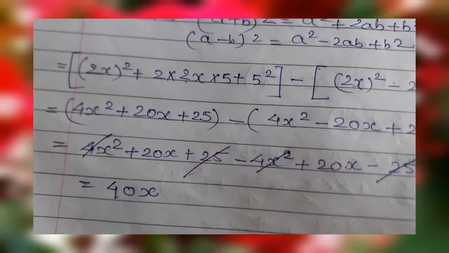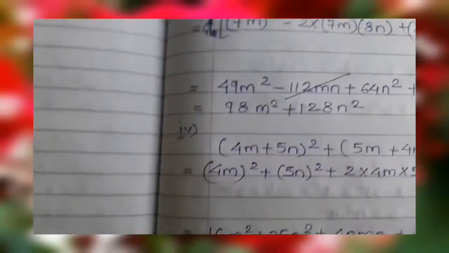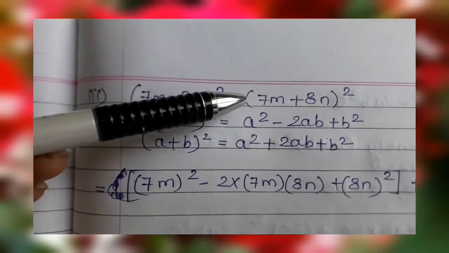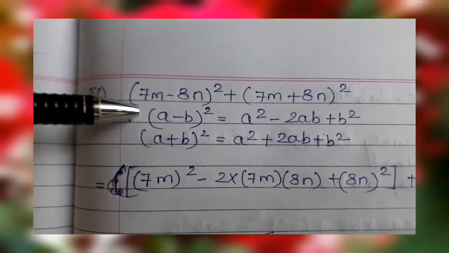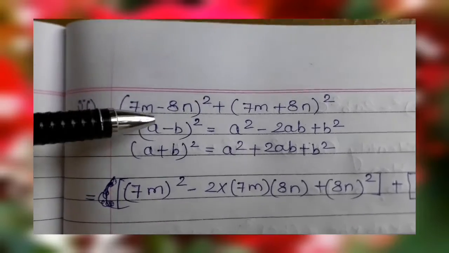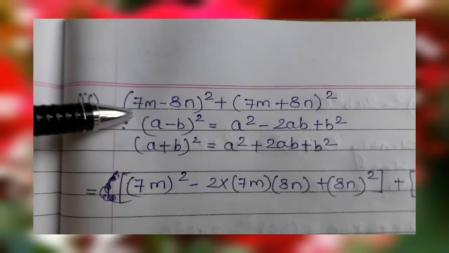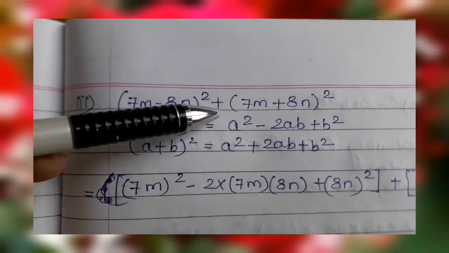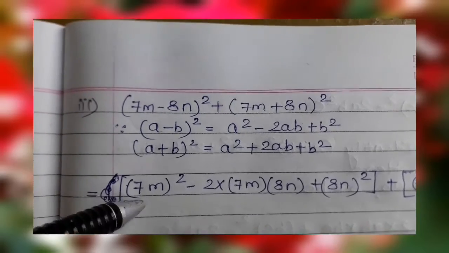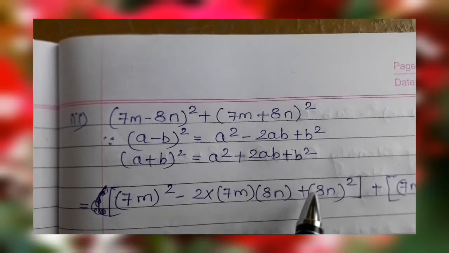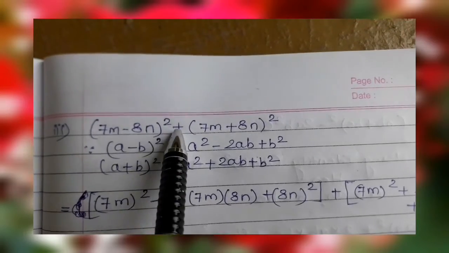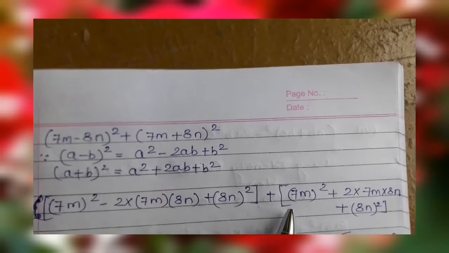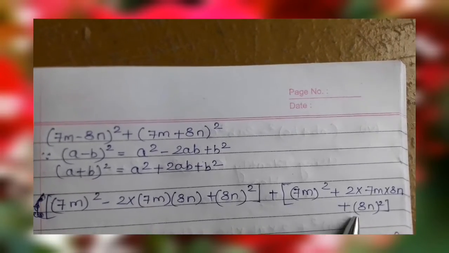Now we'll see part 3 of question number 4. Similarly we have to do, students, (a − b)² + (a + b)². Here we'll use two identities. In the first one there is a minus sign, so we'll use this identity, and here it is a plus sign, so we'll use the second identity. Okay, now using the identities we'll expand these brackets. So a² − 2ab + b², and here it was a plus sign, so we have put plus here. Now (a + b)², so a² + 2ab + b².